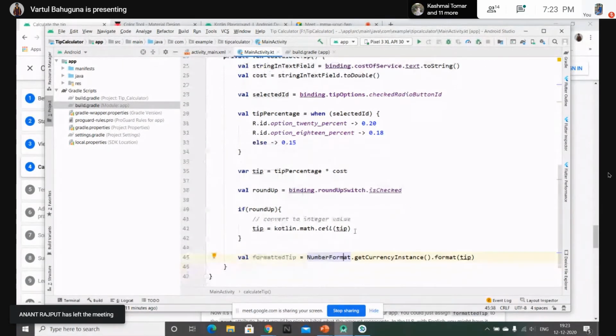So if we have calculated our tip as 5, it will convert it to dollar if the instance of the user device is dollar, or it will show 5 and the rupee sign if the user is using the rupee as its currency.